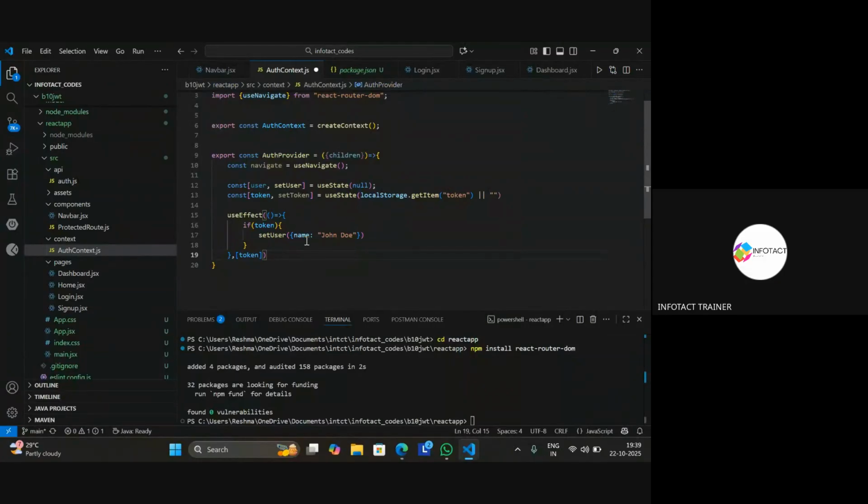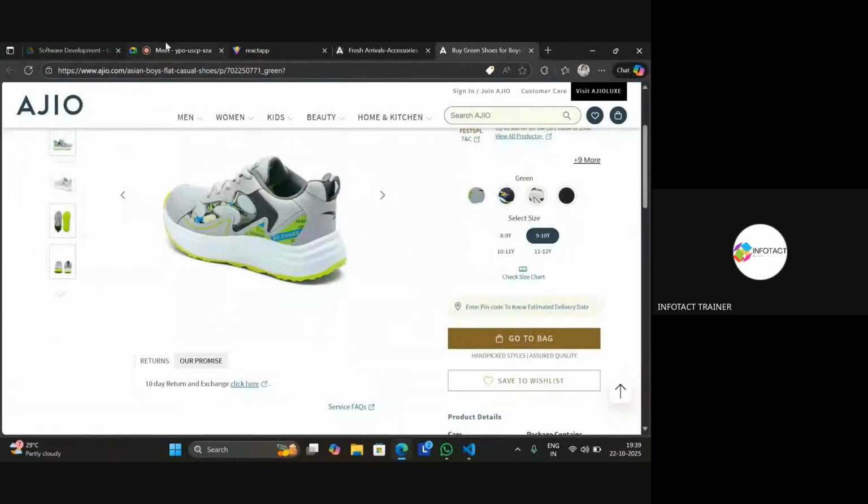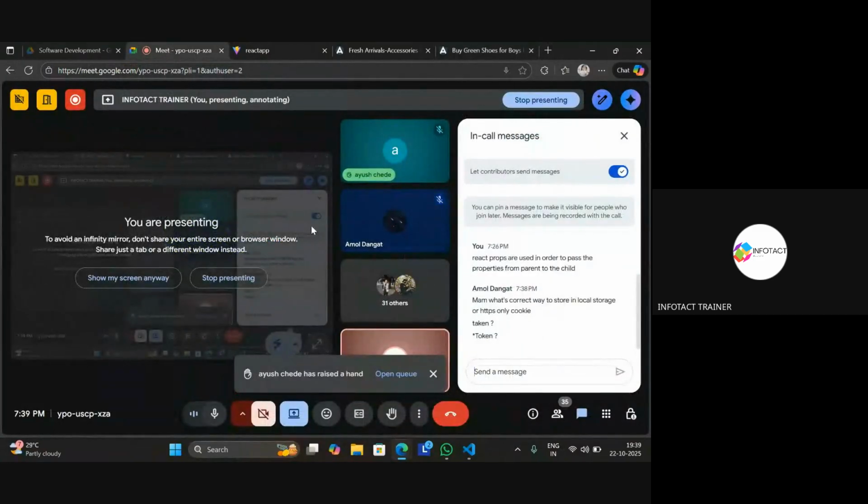HTTP only cookie is the best way to store the token. Before proceeding, can you tell me why we use the HTTP only cookie, in order to prevent which type of attack? Ma'am, if it's a simple cookie, hackers can also get that cookie by using JavaScript, but in HTTP only cookie,